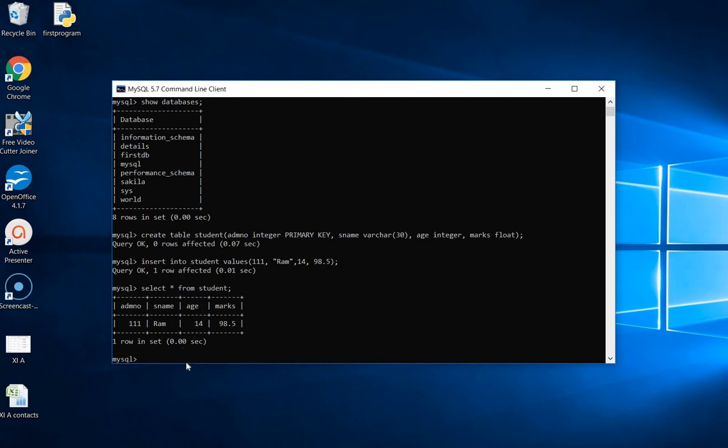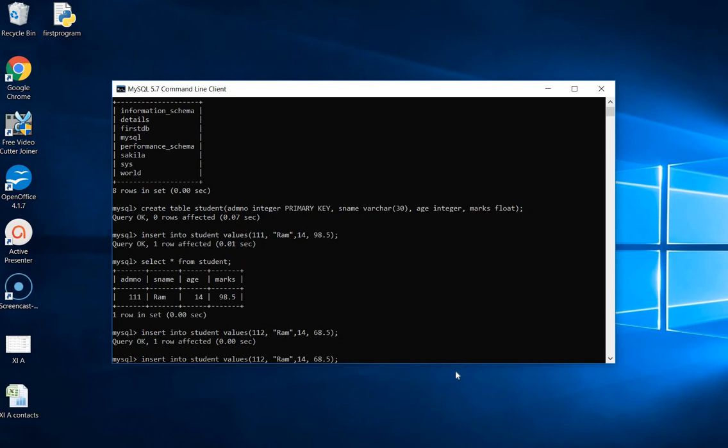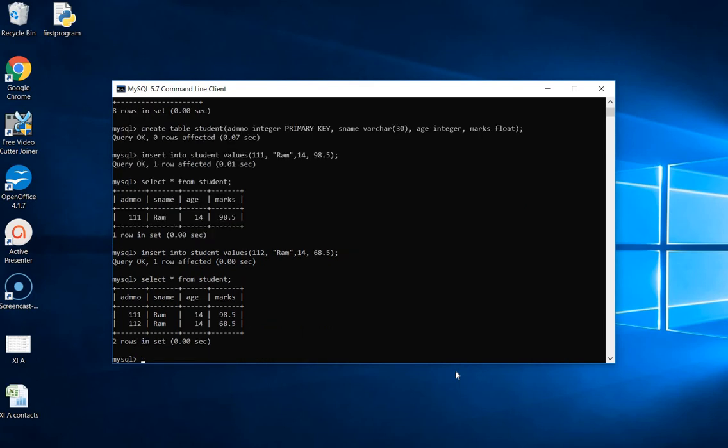Now I am going to insert one more record. I have done this deliberately with the arrow keys. Instead of typing, I am just entering the particular values again. I will change the name to another one so that it is a change of record, and we will change the marks as well, and age can remain the same. Let the cursor appear in the right place, and I will change the marks to 68.5. Then I am executing the select query, so there should be 2 records. In this manner we create our tables.